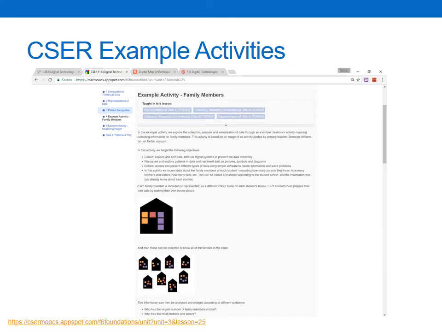We then have a couple of example activities that use the concepts from within the curriculum. So this example here is an unplugged activity. So we're using houses. Each student has a house, and they've got colour representations of how many siblings and pets they've got in their house. So we're able to categorize and analyze data using symbols and diagrams, and that's an introduction to data